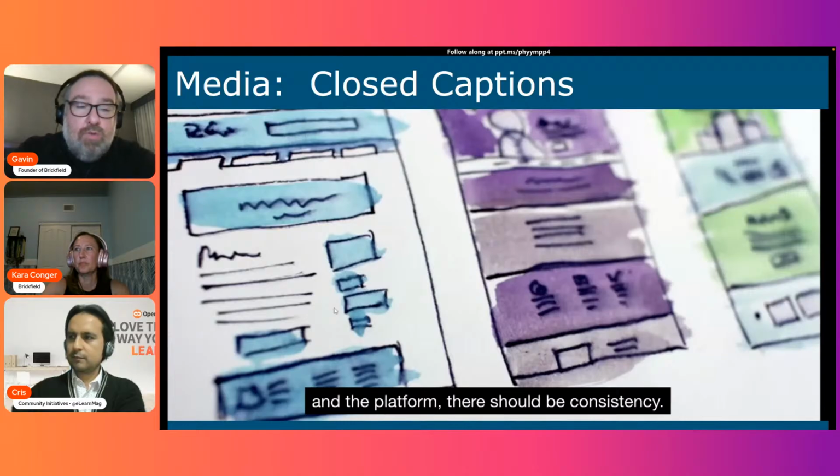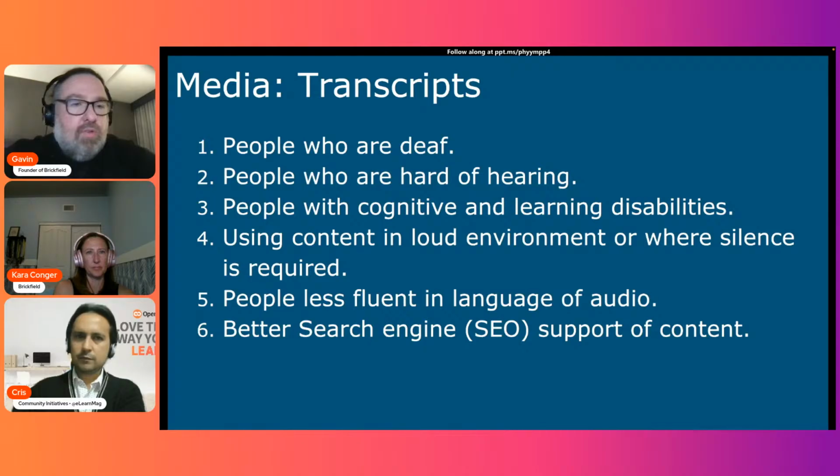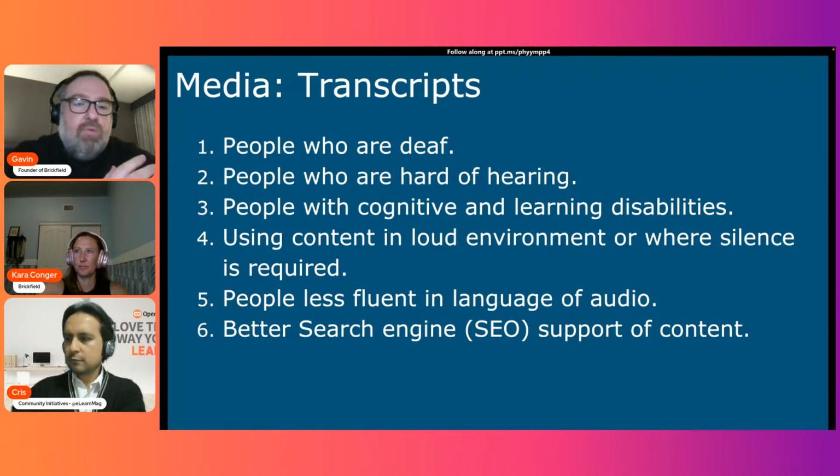If you have media, if you've got audio or video, having captions available for a real time text version is really important for people. So please do. However, captions aren't everything, because have you ever tried to print a video? You need transcripts. A transcript is the full text alternative for the video. Now, transcripts help everybody, whether they're deaf, hard of hearing, or have cognitive learning disabilities.